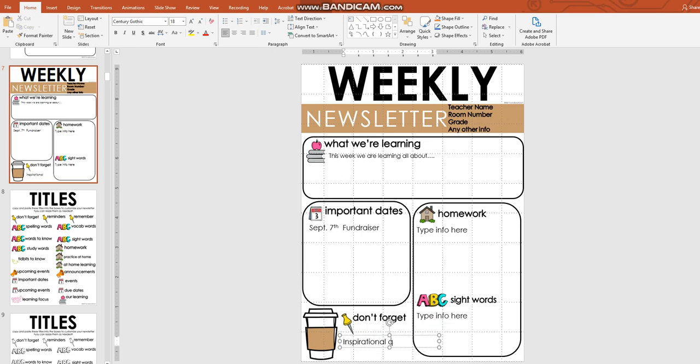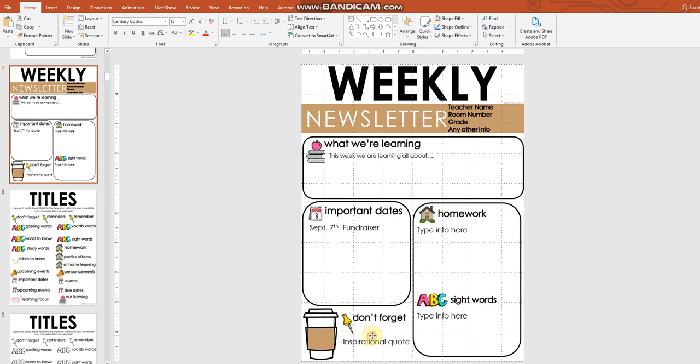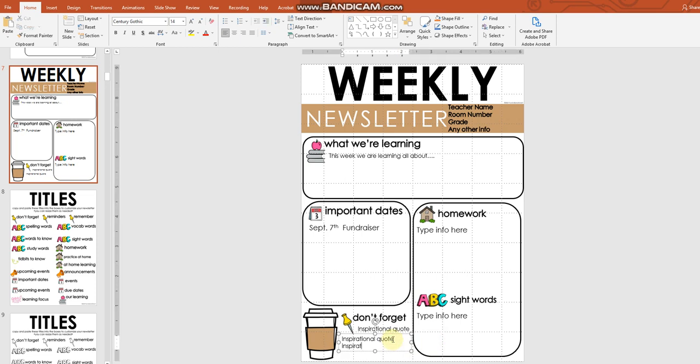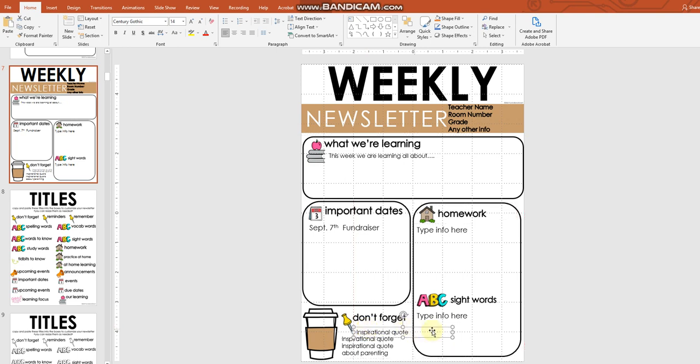Inspirational quote. And remember, whatever you're typing, if you want to have it fit, you just click the words and go up here. I like to use the down, and then I can use the arrow keys to move that. Control C, Control V, and then I would just keep going here. If I do this, it'll make the words stop. Inspirational quote about parenting. And I didn't spell quote right. All right, that's just to show you how you can move your words around and make it fit whatever template